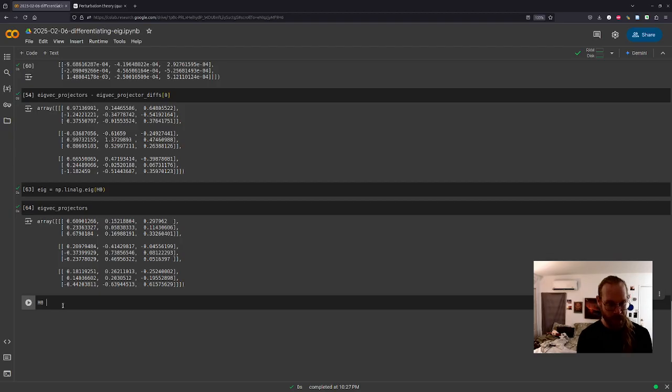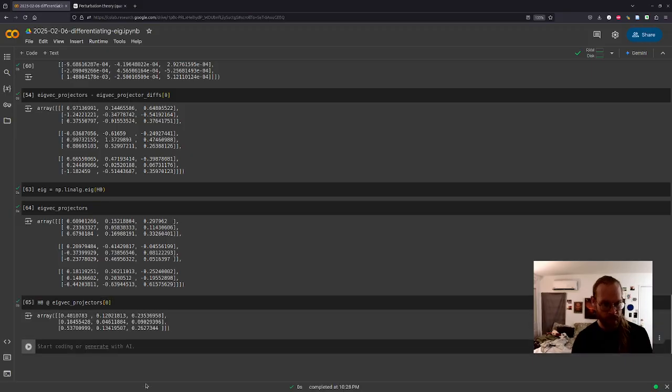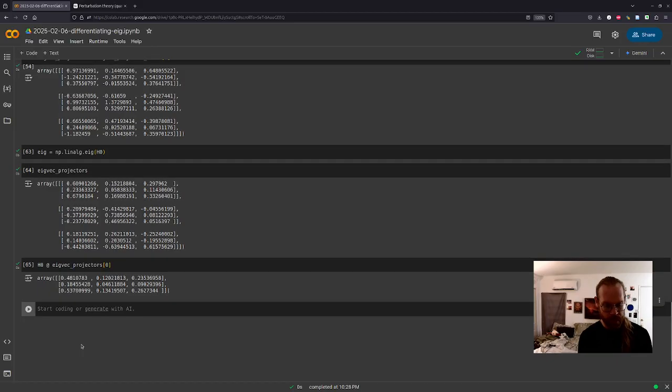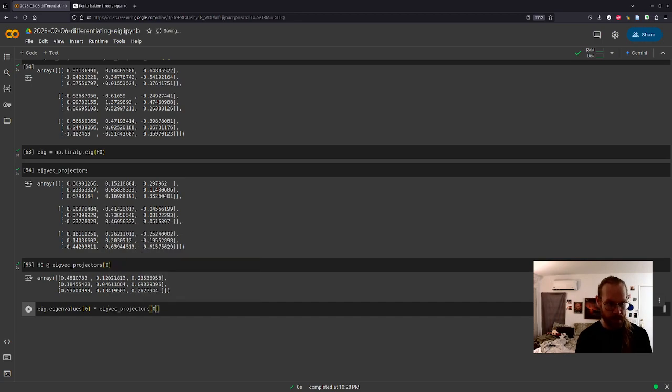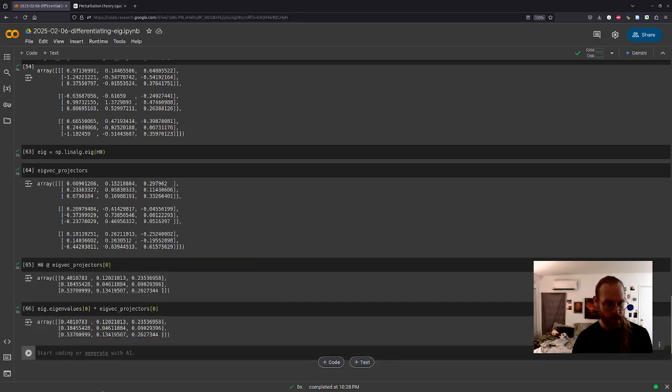Which means H naught times eigenvec projectors 0 should be very close to eigenvals 0 times eigenvec projectors 0. And it looks like it is, so that's good.